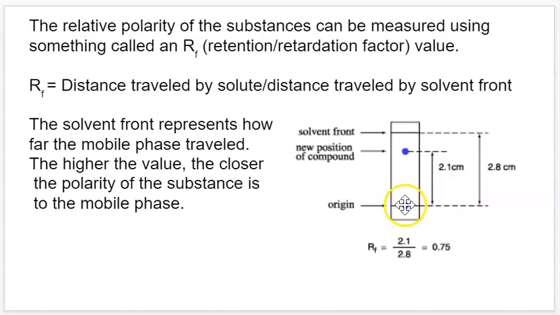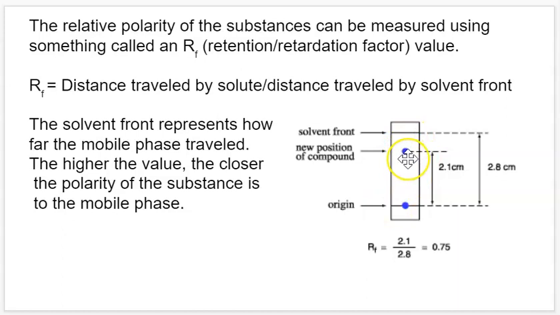So this is where our, say, blue dye started, and our blue dye was able to travel 2.1 centimeters up the piece of paper, whereas the water, using the previous example as an example here, was able to travel 2.8 centimeters. So if I want to know what the RF value is here, I'm going to divide the distance traveled by the solute, which was 2.1, by the distance traveled by the solvent front, aka the distance traveled by the mobile phase, which is 2.8, and we get a value of 0.75,